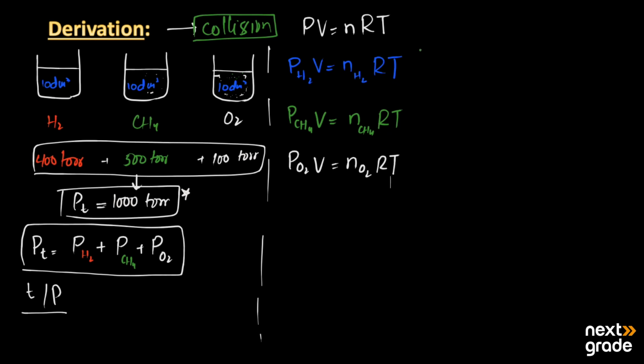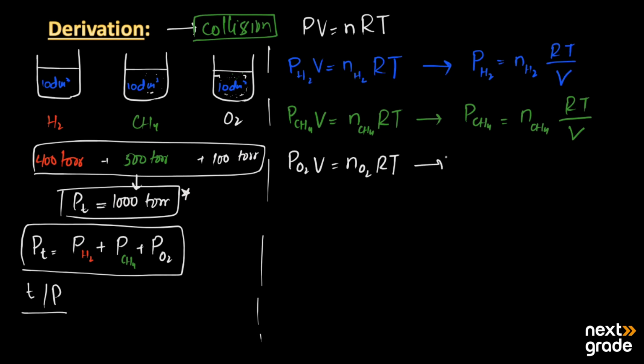By rearranging this equation, we gain the pressure of the hydrogen gas is equal to the number of moles of hydrogen gas times RT over V. Then for the methane gas, its pressure is equal to the number of moles of methane times RT over V. And then for oxygen, the partial pressure of oxygen is equal to the number of moles of oxygen times RT over V. Here, RT over V is constant. Then the equation we gain from there is